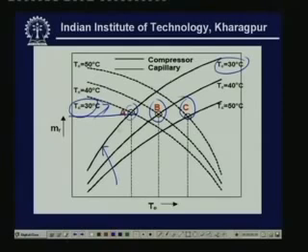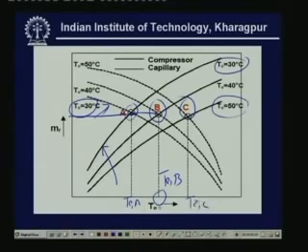So this is the balance point for this particular condenser temperature of 30 degrees centigrade, and the corresponding evaporator temperature is, let us say, TA. Similarly, at 40 degrees condenser temperature, point B is the balance point, because at point B the mass flow rate through the capillary is equal to the mass flow rate through the compressor, and the corresponding evaporator temperature is TEB. Similarly, point C is the balance point for 50 degrees centigrade condenser temperature, and TEC is the corresponding